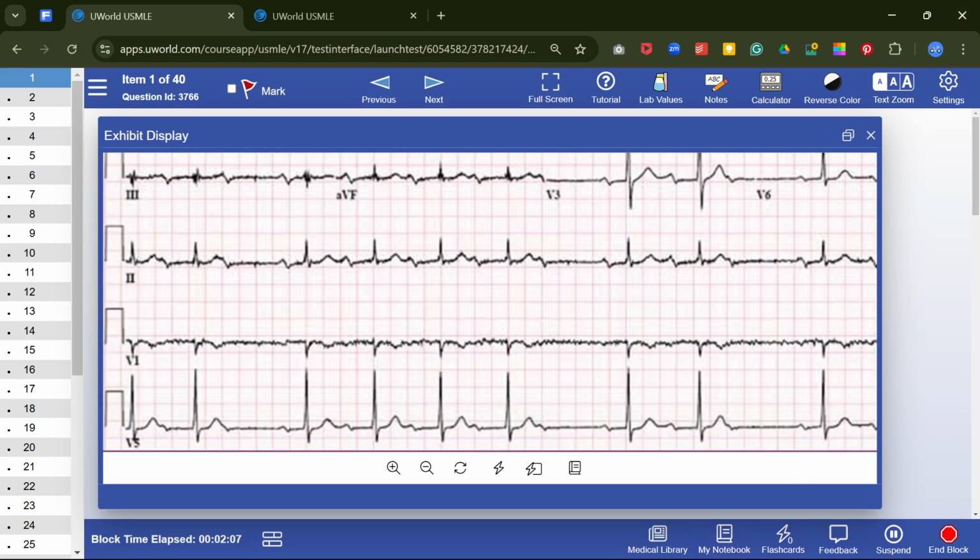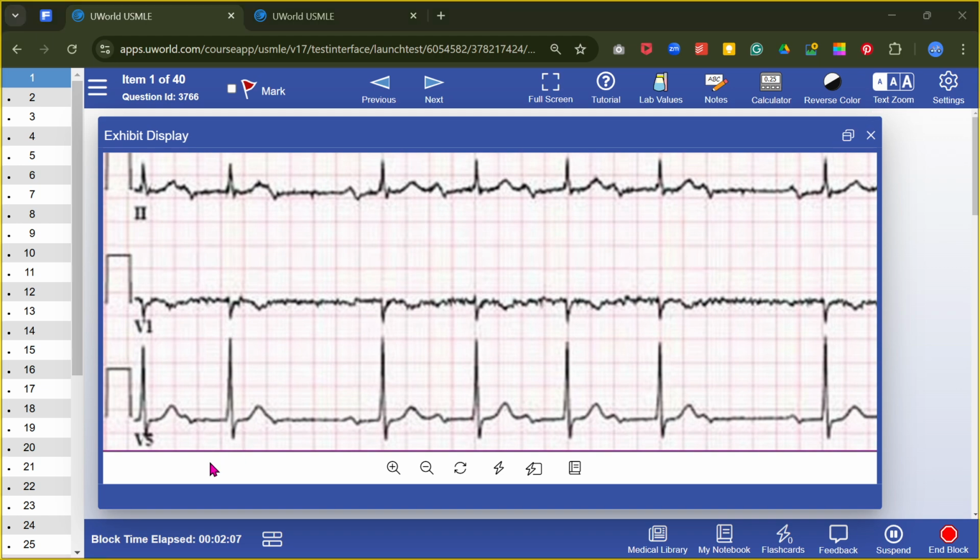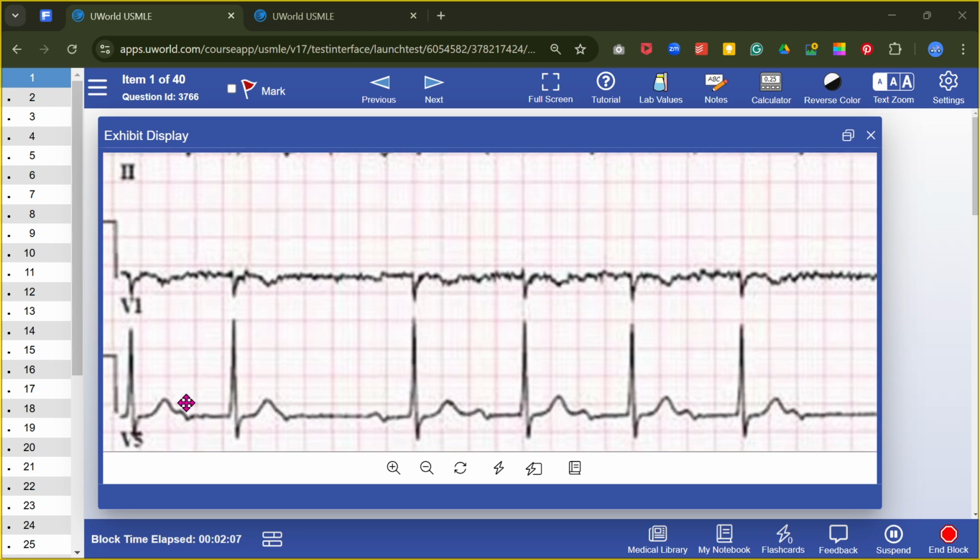Okay, I am sharing my screen. You can share your confusion, that would be helpful. Okay, you are talking about the V5, isn't it? So this P is not visible. So start from this P. So look at the onset of the P wave and the onset of the QRS complex. So this P wave, and again this P wave has biphasic.